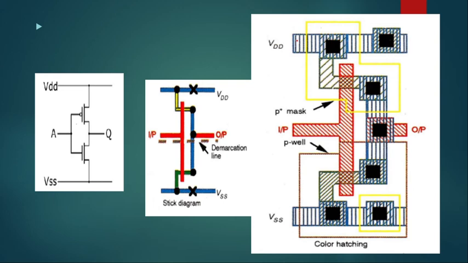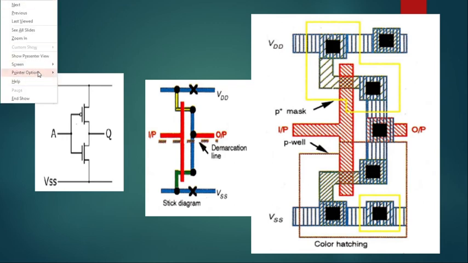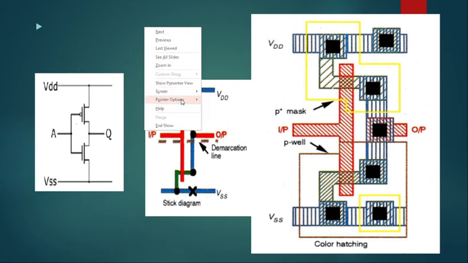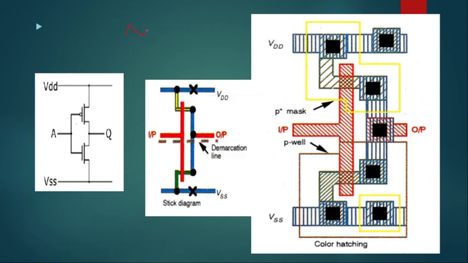Okay, if you do not have all the colors with you, what you can do, you can use it with the single color, and that single color layout is known as monochromatic layout. Monochromatic means using the single color layout. Mono means single, chromatic means color. So if you do not have all the colors with you, you can use single color, either black or blue, and draw all the lines.